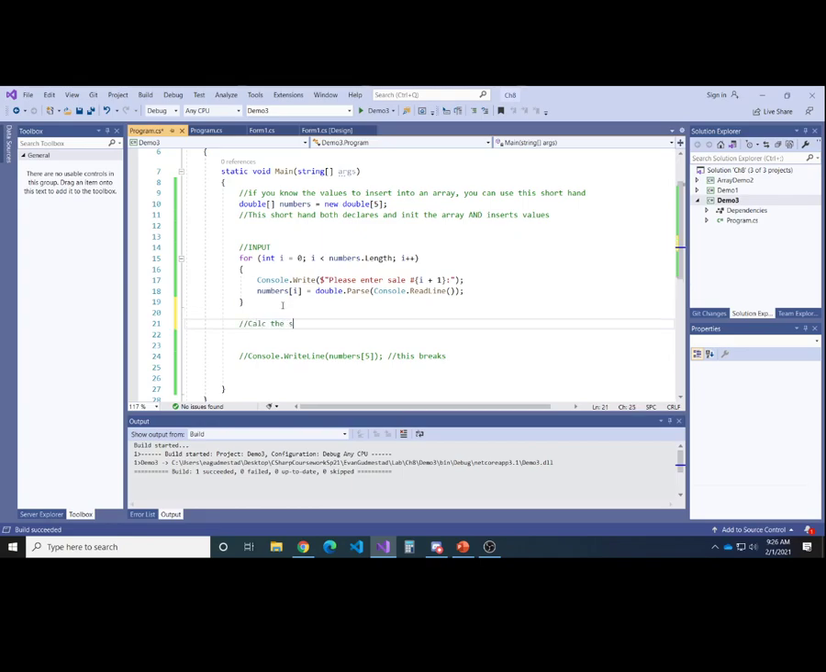Let's calculate the sum, average, high, low stats. Kind of did this on a lab, right? We're going to loop through that same array again. Actually, we don't need 2 for loops here. We can just put it. Yes, we do. We're going to get all the input first, and then we can calculate the stats. Now the sum,